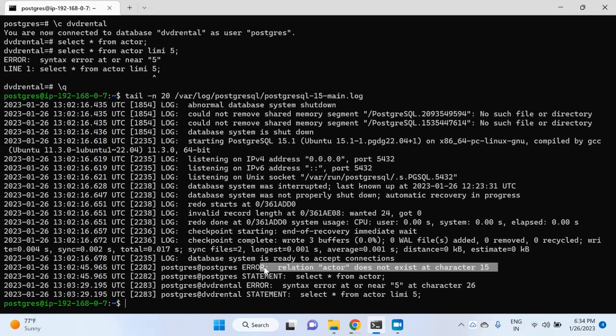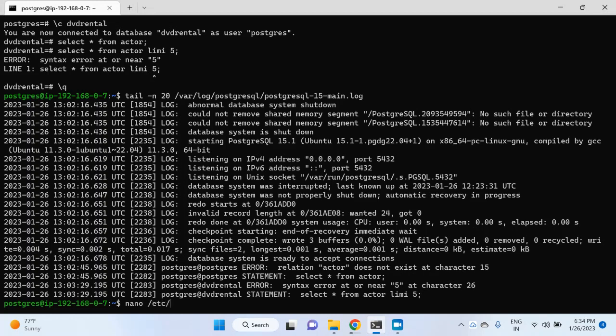Okay, but we have not seen any startup errors. So we have seen a memory related error, but sometimes what happens is we restart the PostgreSQL instance and it never comes up. In those cases we can always utilize this log file to read the errors. So let me go ahead and do something which will not allow the PostgreSQL instance to start. For this, what I'm going to do is edit